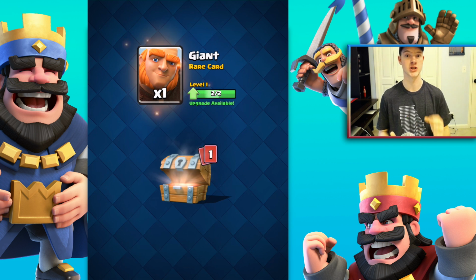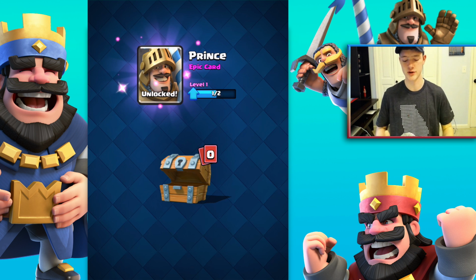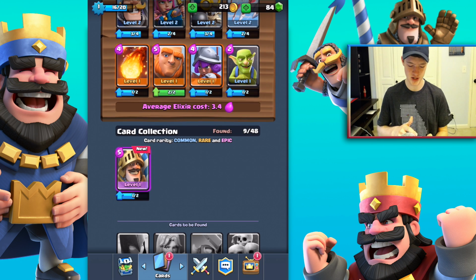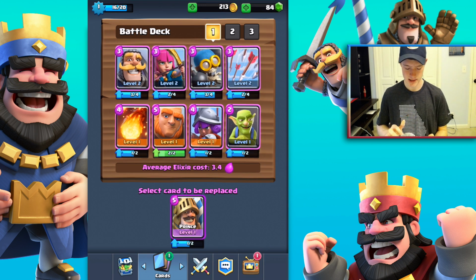Alright, so we can upgrade our giant. That's really good because that's a really great barrier wall, big brutish unit to help power us through there. And then we have the prince, which is an epic card. I've actually seen this guy before, so let's check this out. So here is our prince. I'm going to go ahead and swap him in. Let's trade him in for...